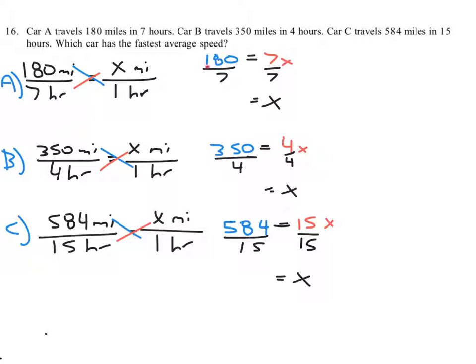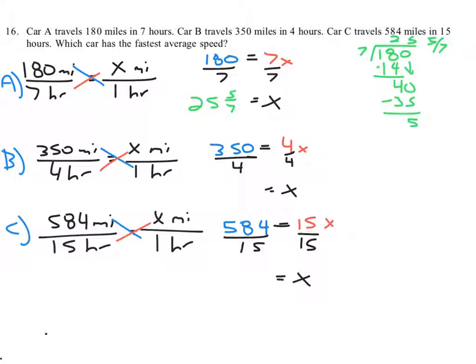We need to do this problem right here, 180 divided by 7. So I'll do this over on the side. 180 divided by 7 goes in, 14 goes in twice. Seven goes into 40 5 times. That's 35. 5 left over, so we've got 25 and 5 is the remainder over 7. 25 and 5/7 miles. Okay, and